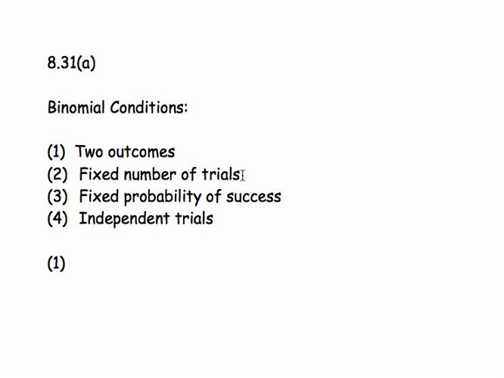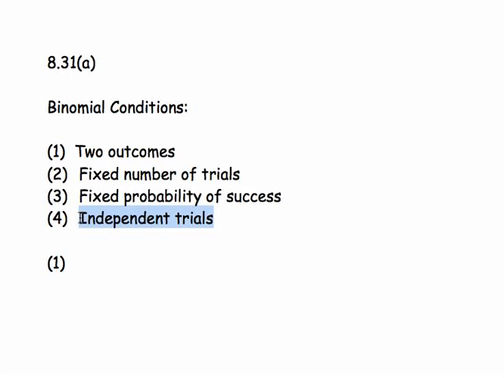Number two, you need to have a fixed number of trials. Number three, you need to have a probability of success that is fixed. It does not change from trial to trial. And then lastly, number four, you have to believe that your trials are all independent of one another. So whether or not you have a success or a failure in one trial, that does not impact the outcome